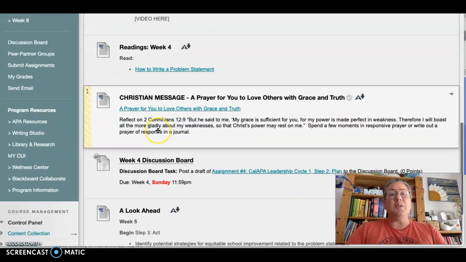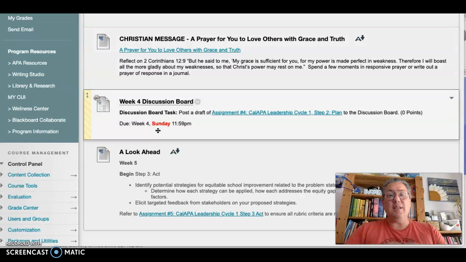So the technical discussion board for this week, please know it's a discussion board task. I don't know that I gave enough clarity to this, and I want to give some comment to it right now. Week 2 was a discussion board task where you were putting up your draft of your step 1. Well, for week 4, by the end of this week on Sunday, you need to put up your draft of step 2. Now, this is not something that you earn points for, but this is the collection point for your peers to give you that feedback.